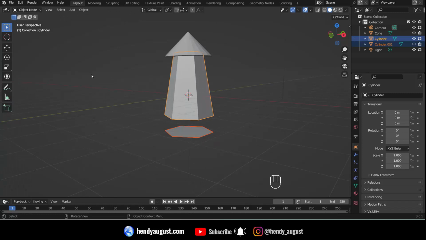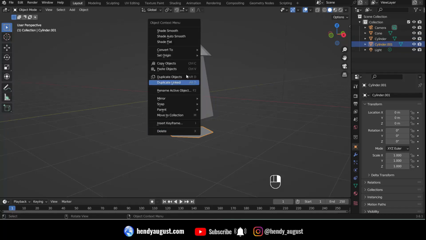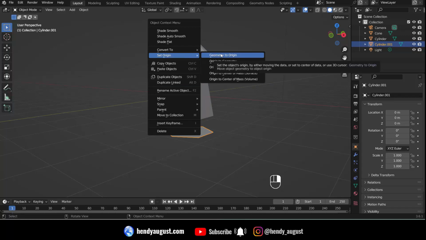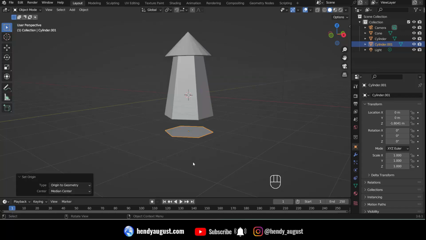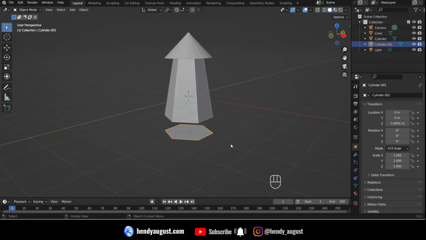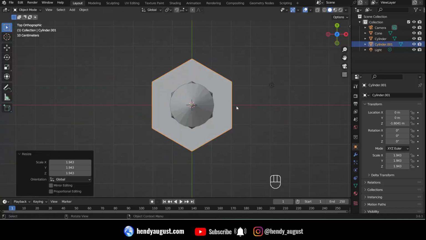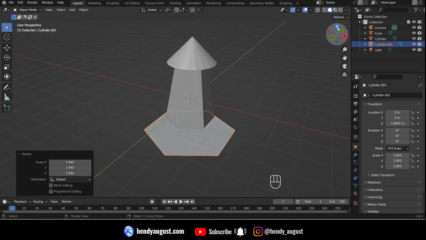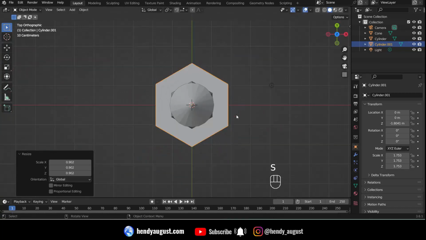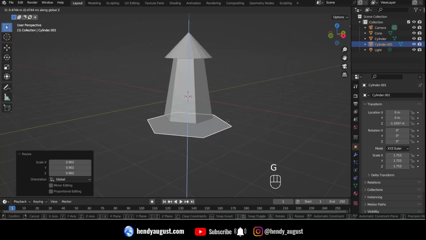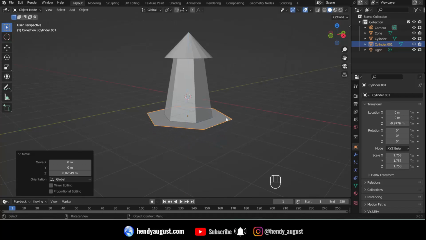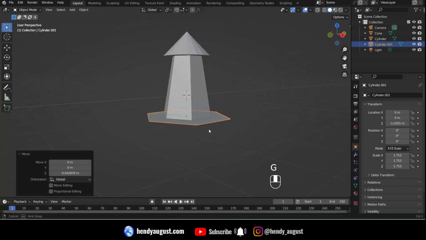We're gonna go to object mode by pressing Tab, and then select this separated object. Let's right click and then set origin to geometry, and then we can scale it up maybe around, something like this, and then we're gonna move it upward and place it below our cylinder,